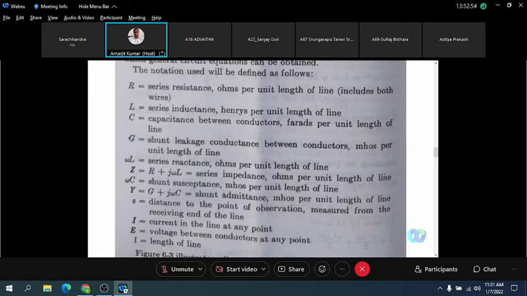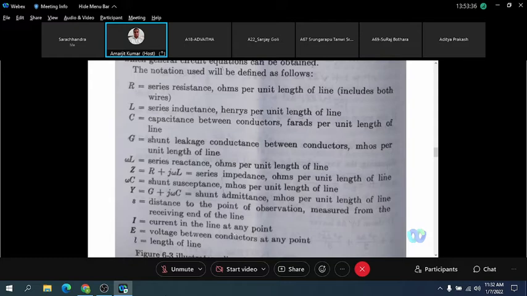And L is the series inductance per unit length of the transmission line in Henry. C is the capacitance between the two conductors per unit length of line in farads. And G is the shunt leakage conductance between two conductors per unit length of the transmission line in mhos per meter. So omega L is the series reactance,